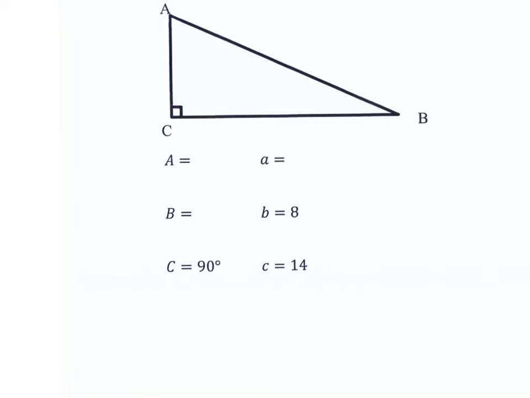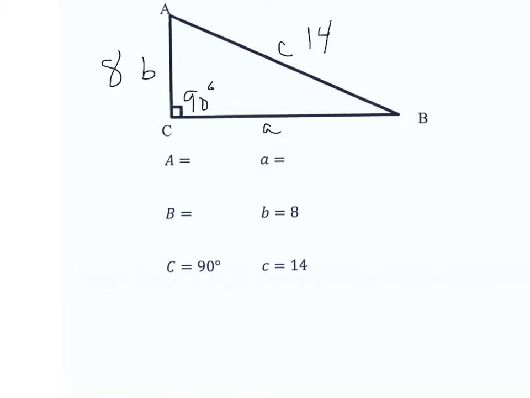Well, first we know that across from big B is little b, across from big A is little a, across from big C is little c. The hypotenuse is always going to be c. And I'm going to fill in what I know. So I know little b is 8. I know that big C is 90 degrees, a right angle,